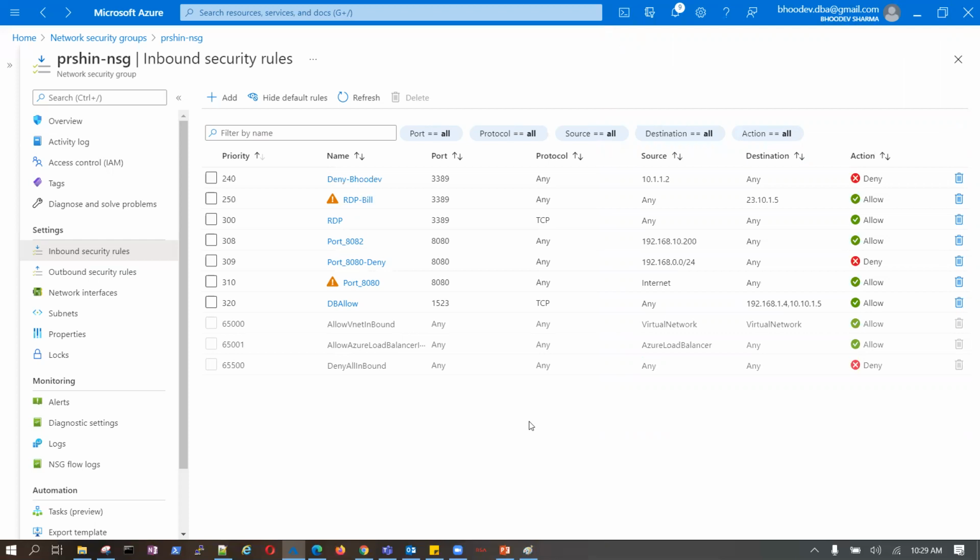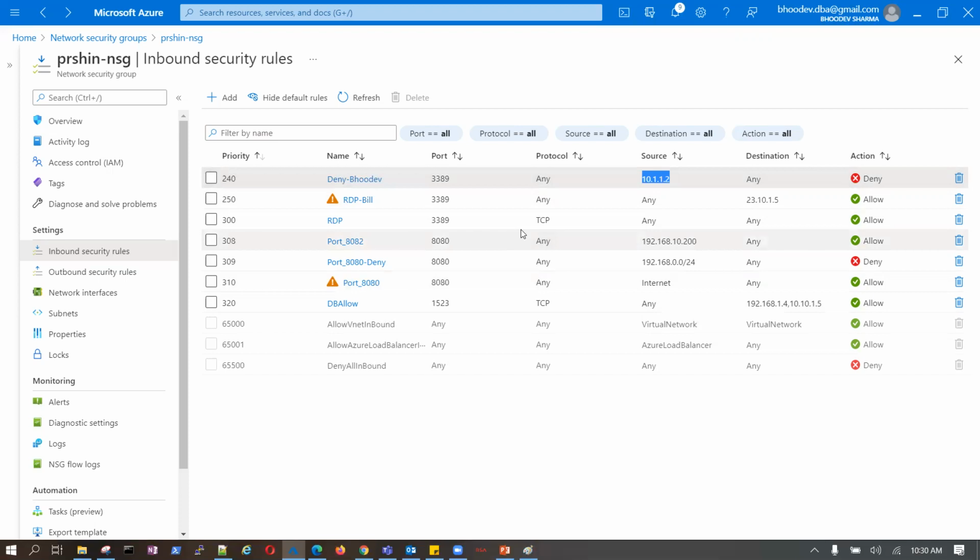Regarding the priority, how do we make that priority selection? Are we giving any number? You can give any number, but there are two very straightforward and very important logics. Look at one scenario. Prashant gave an example. Now, the previous rule, as you look at it, RDP is allowed from anywhere, source any. Any includes this IP also, right?